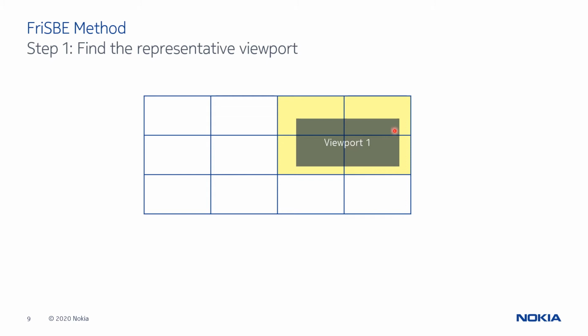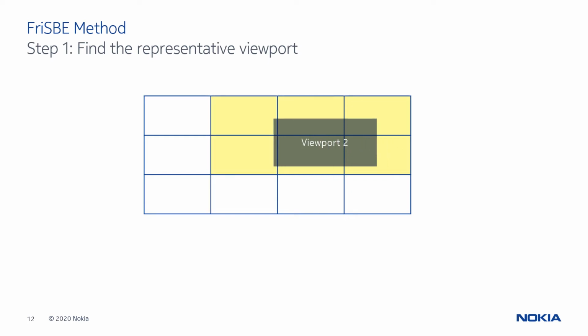The gray area is the viewport. So the size of the viewport is known, and you can see that at this particular location, the 4 highlighted tiles will be in the viewport, and they will be downloaded at a higher quality, and the rest will be downloaded at a lower quality. Now we move this viewport in granular steps,